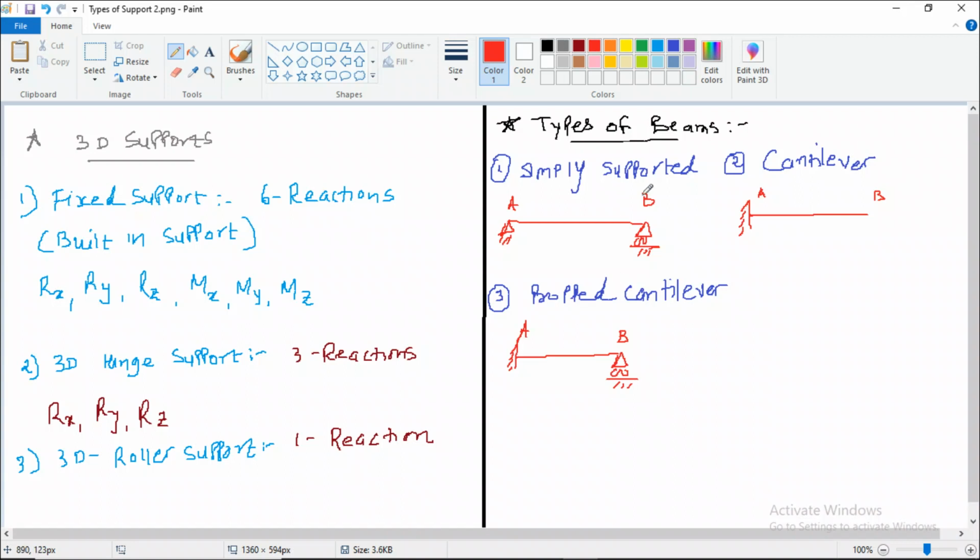Then we have a fixed type of beam. So how will this fixed beam look like? On both the sides we need to draw the symbol of a fixed support. And the last type of beam is your continuous beam. So type number 5